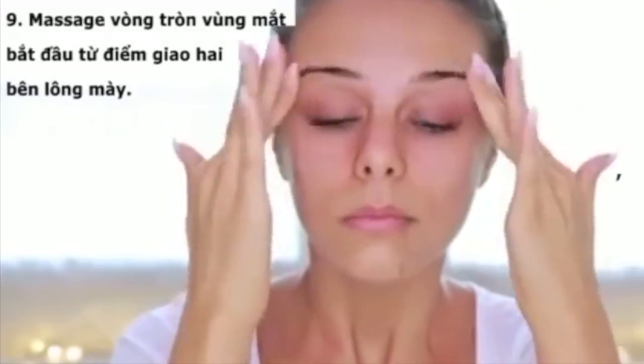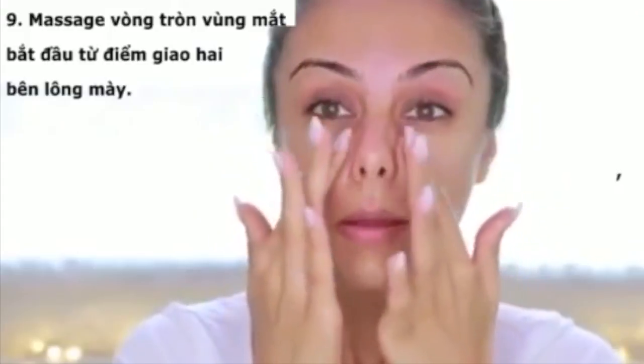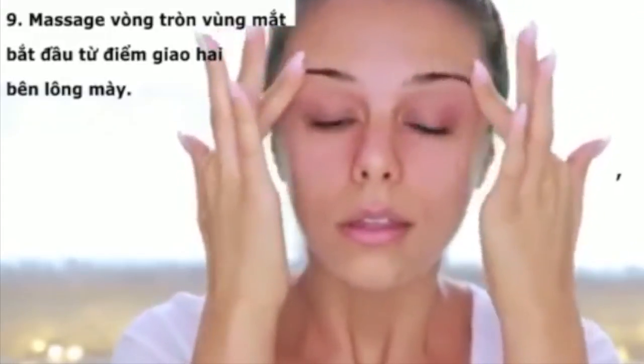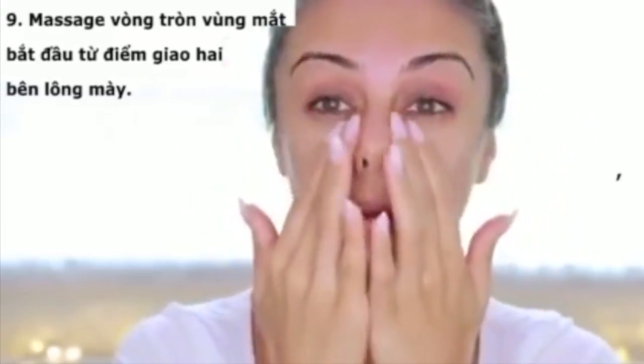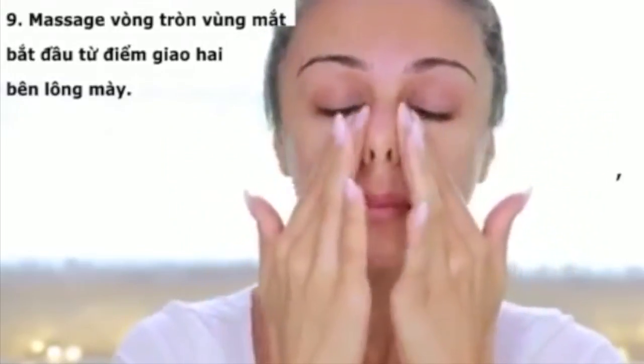There's no set number of strokes that you have to do for any of these parts. I just kind of go by how I'm feeling. If I feel like maybe one area needs a little bit more attention, then I focus on that. So I just do that a few times, and then the last thing that I love doing is applying pressure